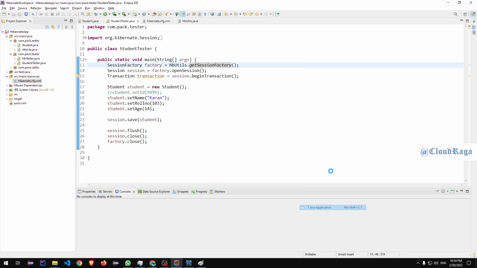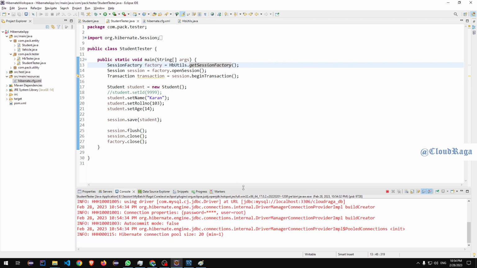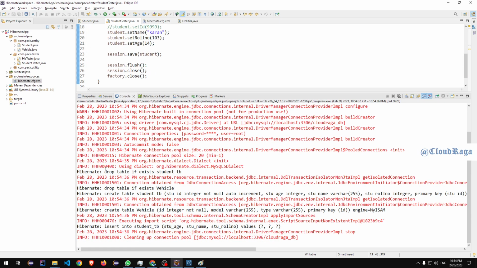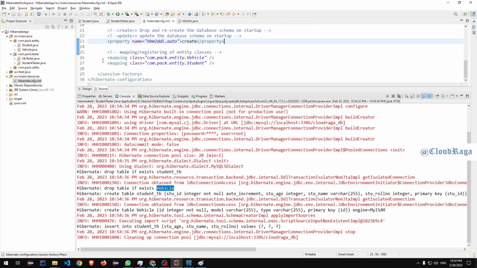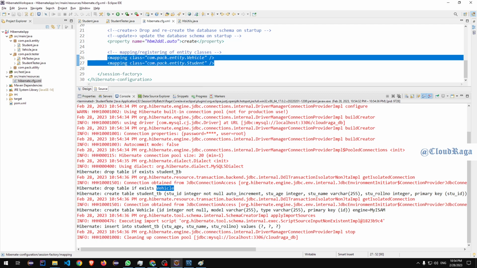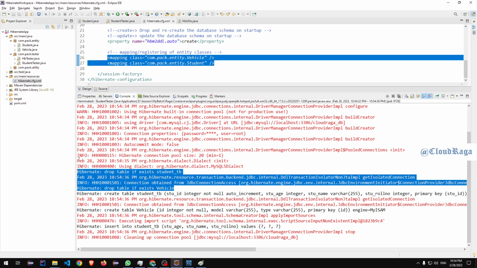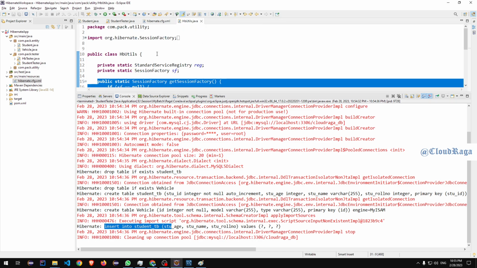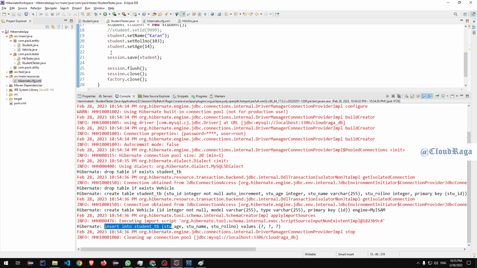So run as application, and let's see the console. Check out, I have mentioned create. What happens? Hibernate drops the previously written entity classes if they are there. How does it know that it has the student DB table and vehicle class? All because of the mapping. We have mapped two entity classes, so it drops the previously created tables and then recreates them from scratch,